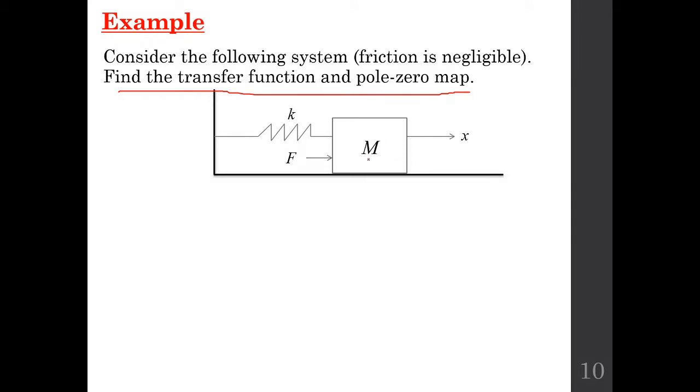We have this mass which is attached to this wall by this spring. The applied force, now this is the applied force or the external force, and definitely if the applied force is in this direction, then the displacement will always be in this direction. So the x is representing the displacement of this body.